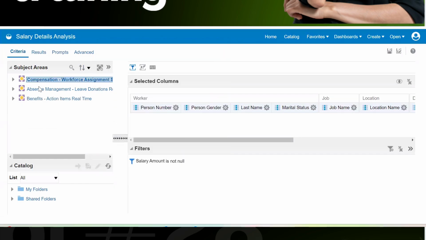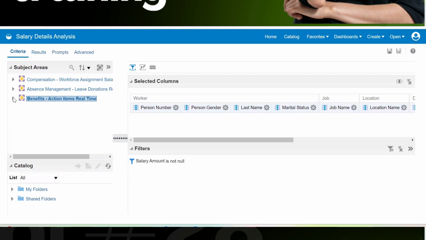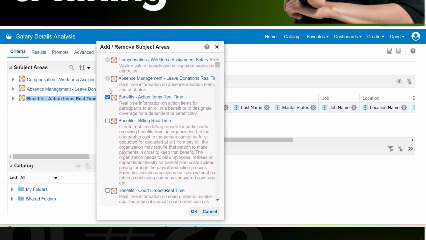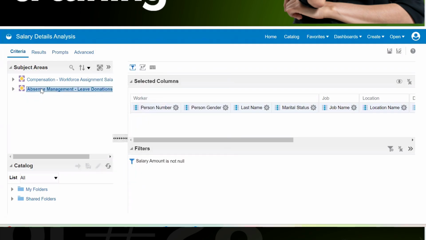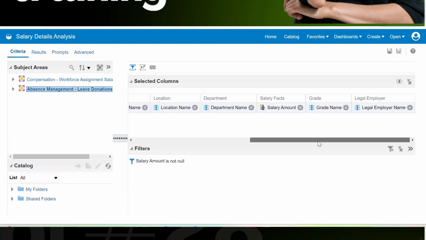How this subject area is linked with this, and this with this, is not something that we should control or worry about. If you identify the columns and understand thoroughly what each subject area is meant for, you can define and add those things. If you want to remove a subject area, that is also possible. Again, go to this icon. I don't want the subject area to be part of this. We can remove this. If we remove this as well, whatever columns we have added will be impacted.